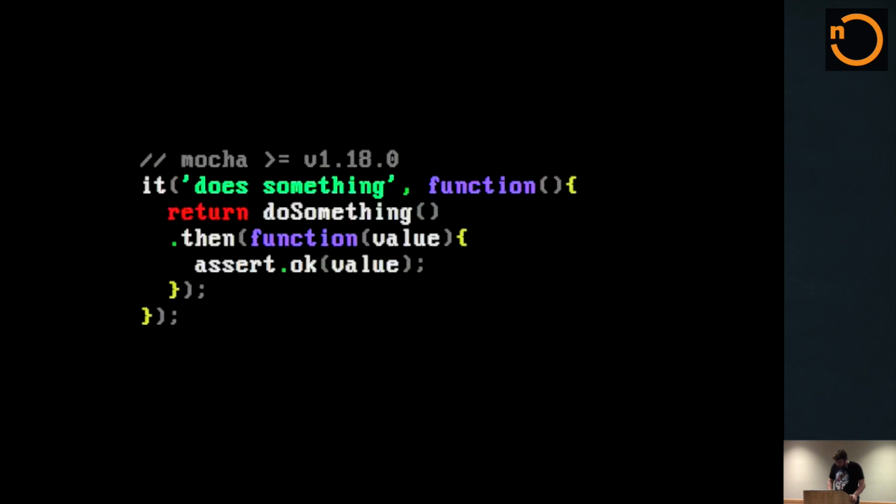So yeah, we're doing this now. We're using Mocha, I think, 1.20.0. And we're doing this pretty much everywhere now. There's obviously the question of whether this is worth it. We did spend a lot of time going through this conversion process, and it was definitely a lot of work.